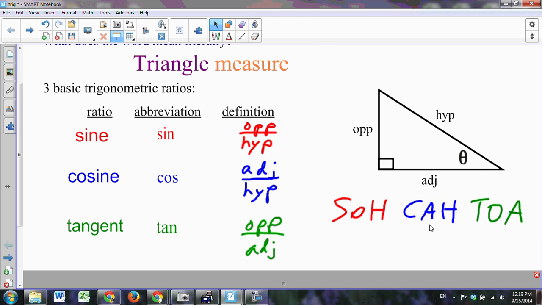Now, we have an acronym. I was taught it in high school: Some Old Horse Came A-Hopping Through Our Alley. I've also heard some more risque ones, like Some Old Hippie Caught A High Tripping On Acid. Anyway, whatever you want to use to remember, and some people just remember SOHCAHTOA. Alright, now,